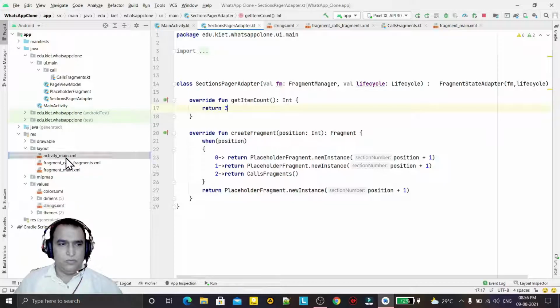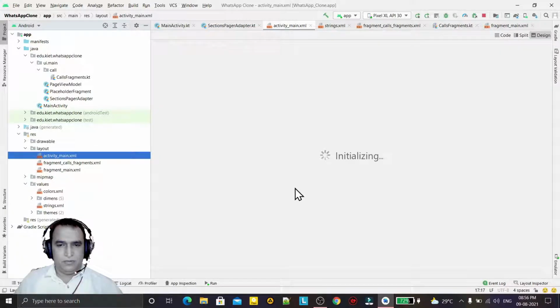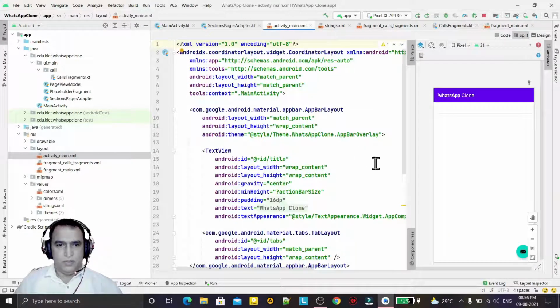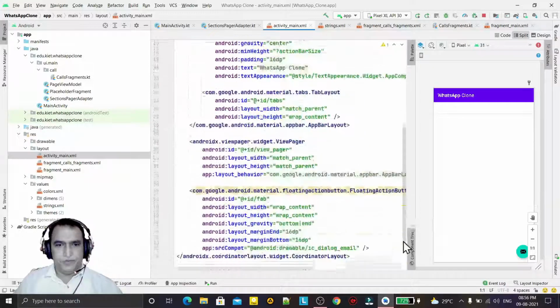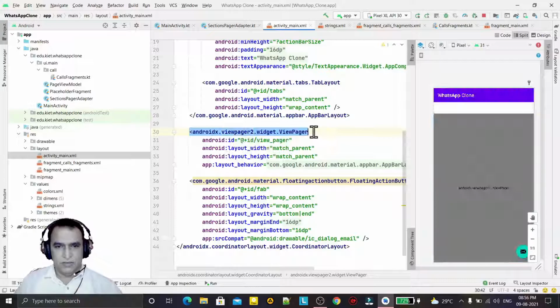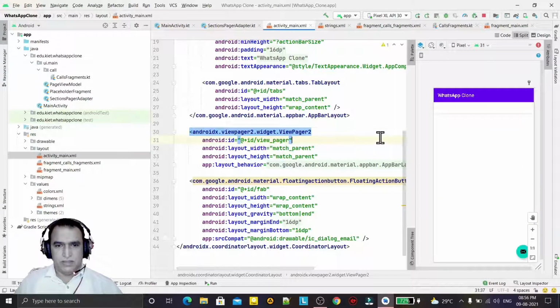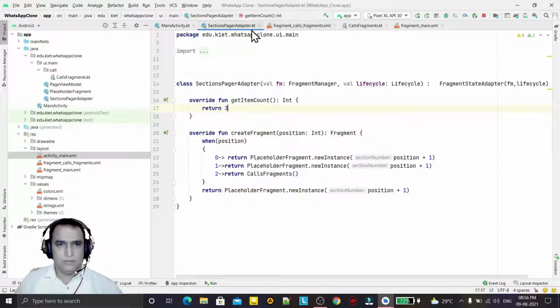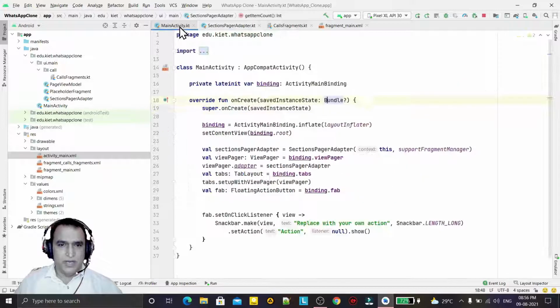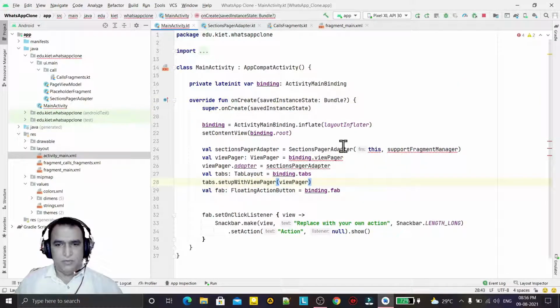Now we have to go to the layout here. In this layout, what we have to do is change this to ViewPager2 like this. Then we have to go to the main activity, and here you will have the error.